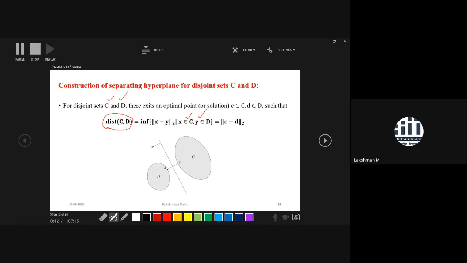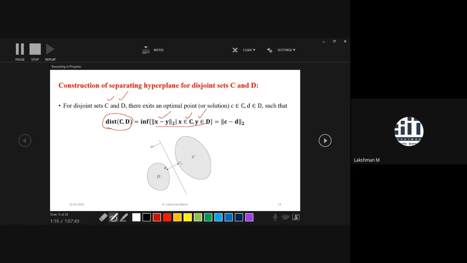So what is the guarantee of being a convex problem? In the next module we'll discuss the formal definition of a convex problem. What does it say? Apart from the objective function being nice, it is a two-norm, and the two-norm always happens to be convex. Apart from that, your constraint sets are C and D, so C and D also must be convex. That's why this criterion comes in the case of a separating hyperplane: C and D must be convex. Then it will have a solution.